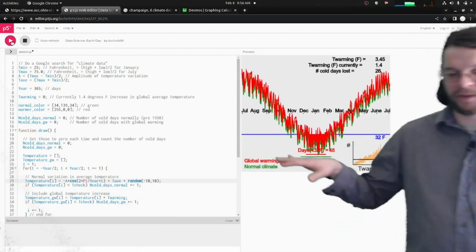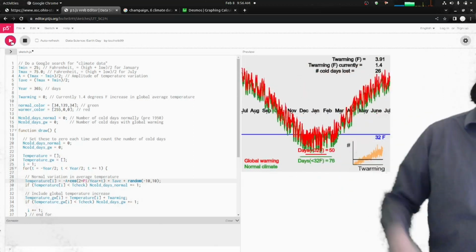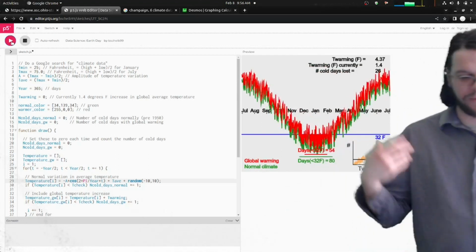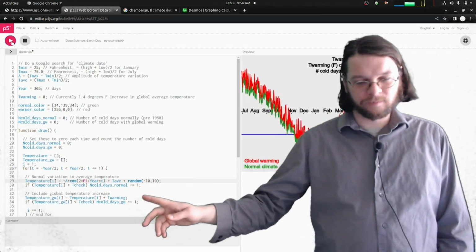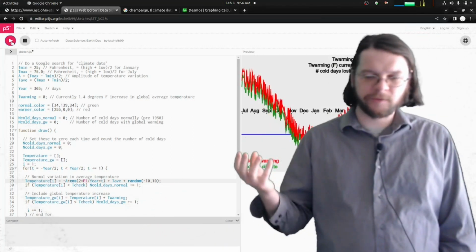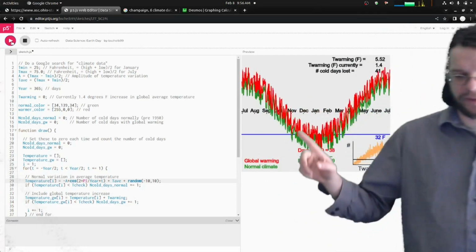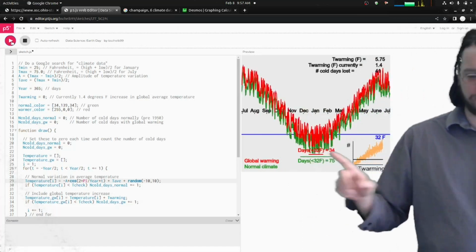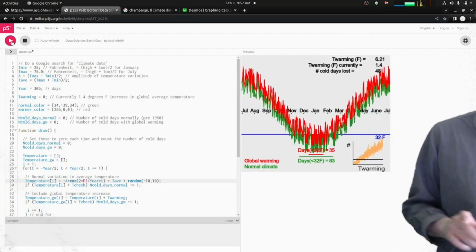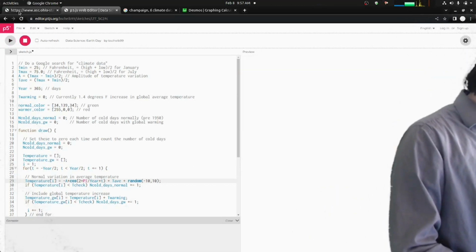But the point is that when you include randomness, and then you have some overall shift there, you're still getting fewer sub-32 days. The reason that we add this is not just because it looks cool, it's because it's important to talk about the difference between climate and weather. So there can still be an extra warm or extra cold day, but there can still be these shifts. And you kind of see this graph on the bottom. There's those trends. So we're designing it to help provoke that discussion.